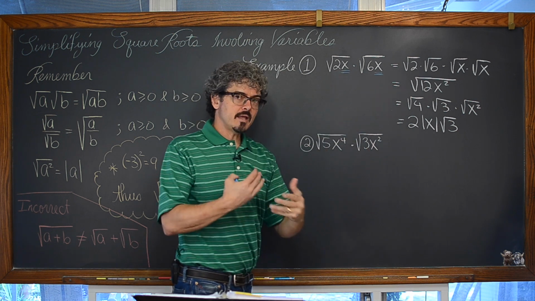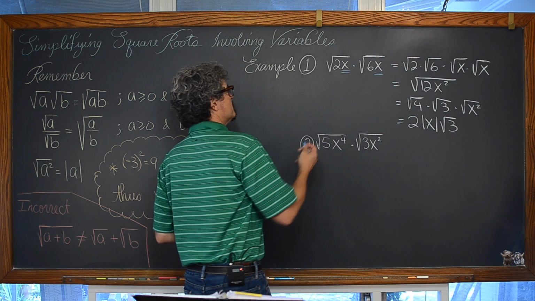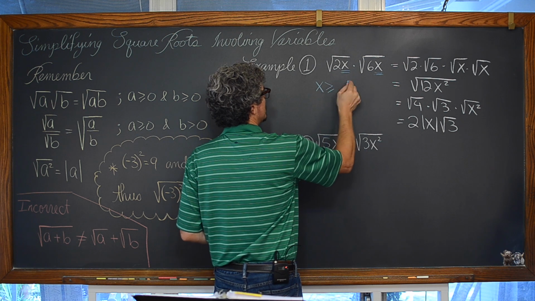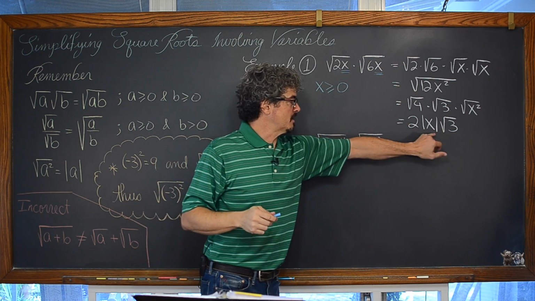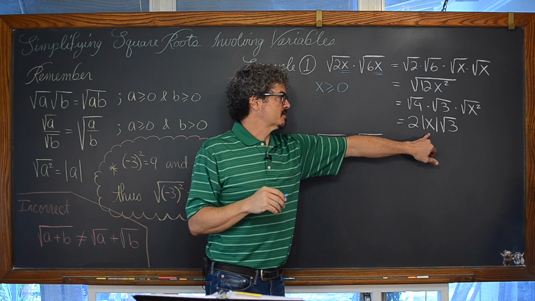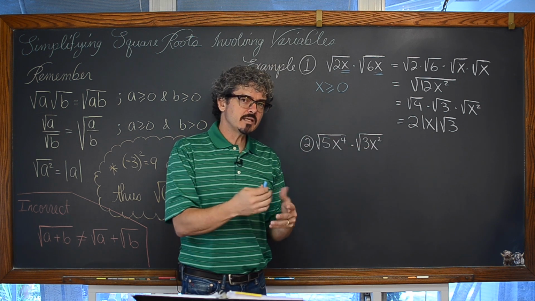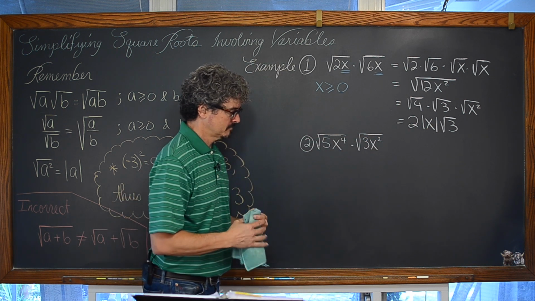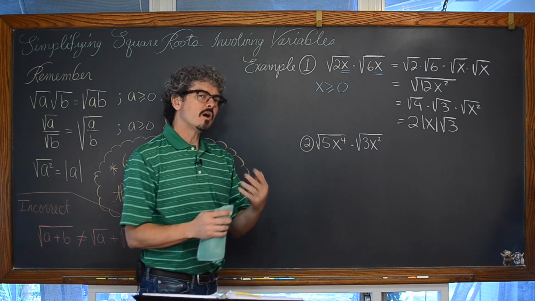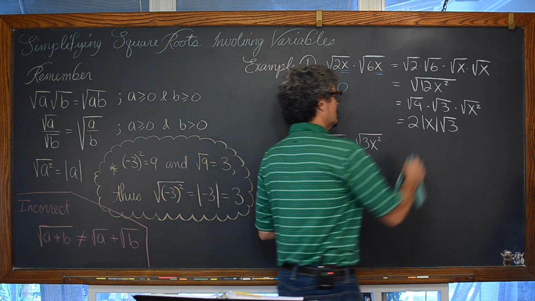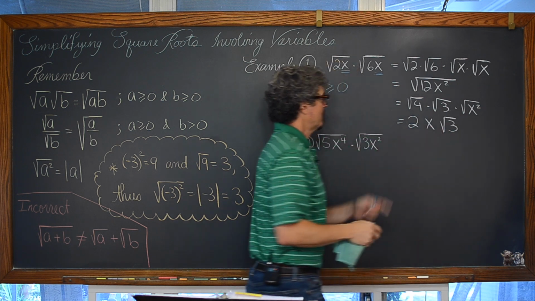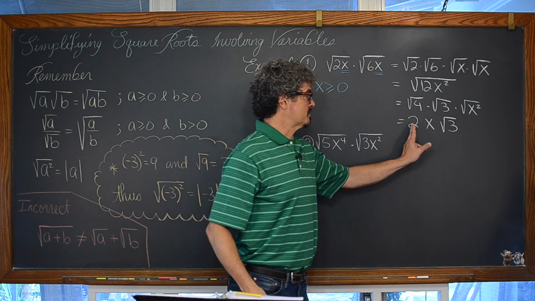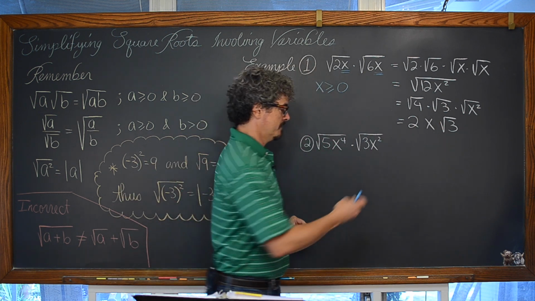So by the way that our original problem is written, we need to understand that we can assume, even if it's not in the directions, that for these to give real solutions, x has to be greater than or equal to 0, which makes the absolute value notation in our final answer not really necessary. It's not actually wrong. It's never wrong to use absolute values more often than necessary, but they are redundant. So we can just take these out in our final answer and say that the square root of 2x times the square root of 6x is indeed equal to 2x times the square root of 3.